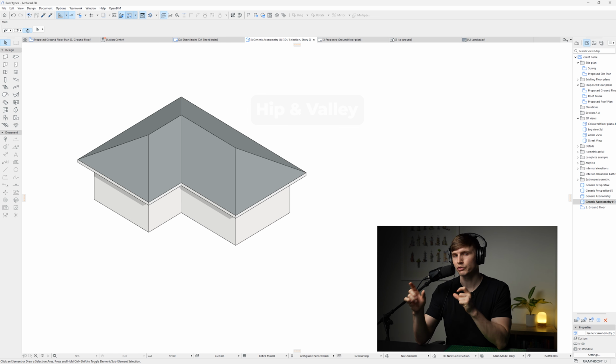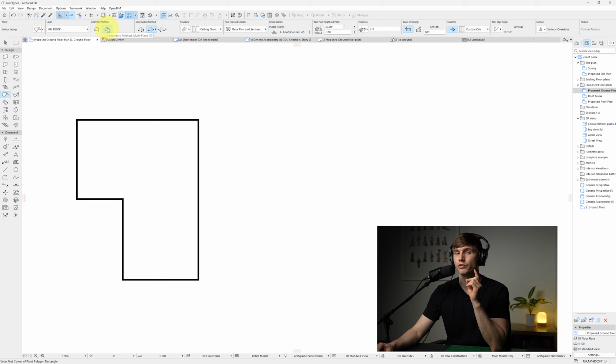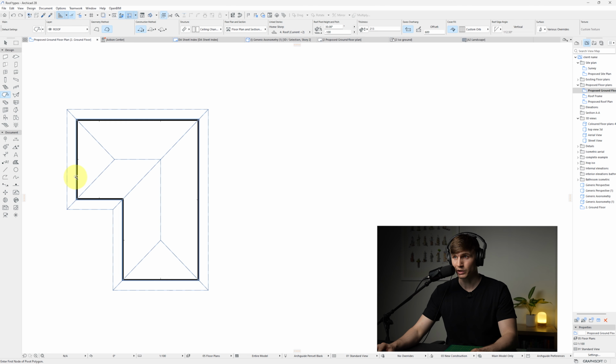This is the quickest possible way to make this roof. In our 2D view, we'll go to the roof tool. For geometry method, we'll go to multiplane, and construction method, we'll go rectangular for now. If we hold the spacebar to activate the magic wand, hover over that edge, and click once,